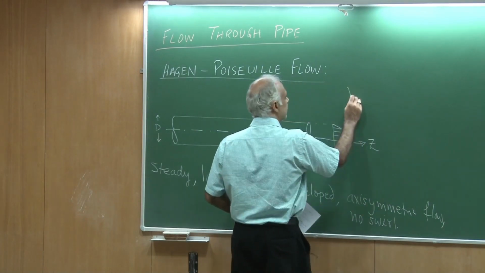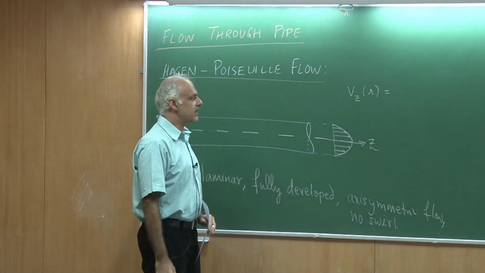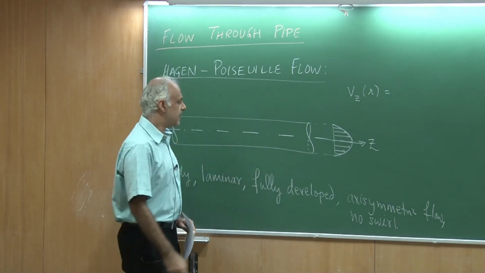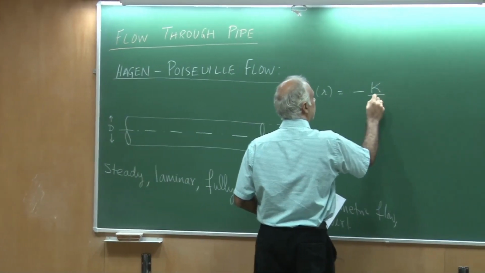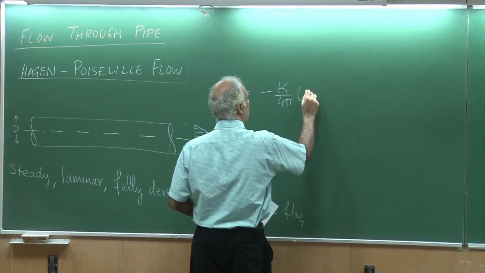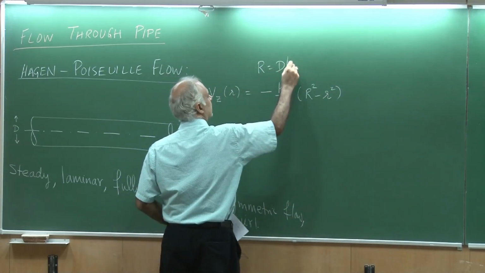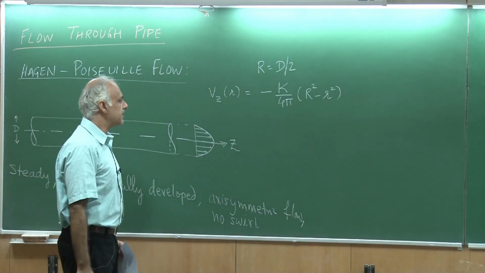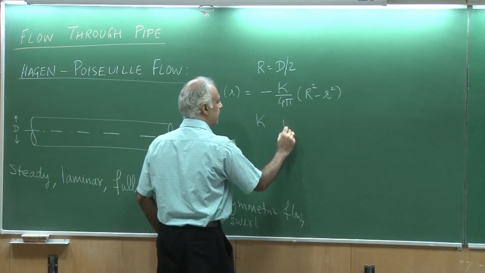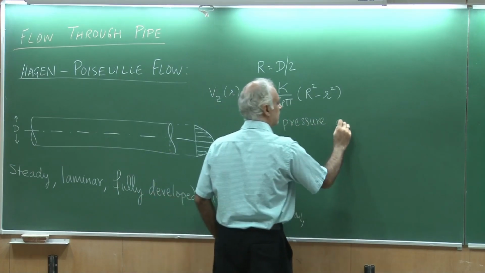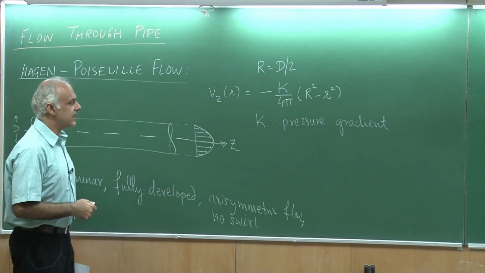I am showing you the formula we had got for the velocity profile: Vz, the axial component of speed, changes only radially, and is given as minus k by 4 pi times (R square minus r square), where R is d by 2, d is the diameter of the pipe, and small r is the location at which I am interested. K here is the pressure gradient,